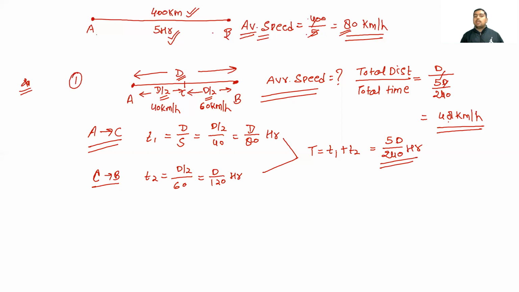But this is the basic method and it's very time consuming. How can we reduce the time? Because time matters, so we use some short tricks. This is not really a short trick, it is a concept, but we generally use the word short trick. So how can we solve this in very little time?